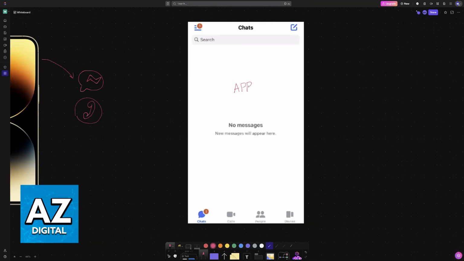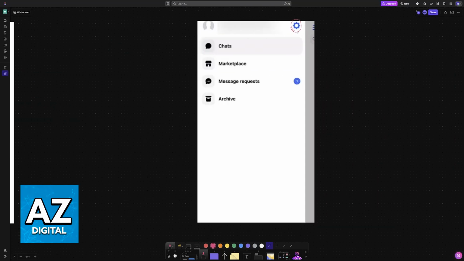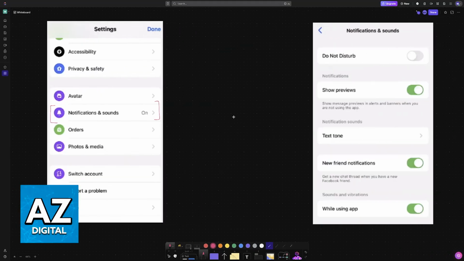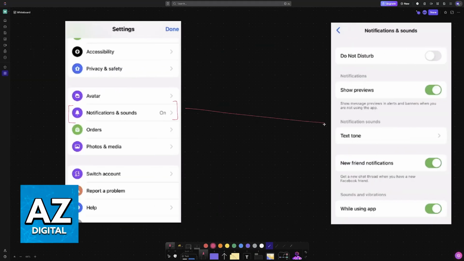and you head into the settings on any iPhone device by tapping this icon at the top left and then the settings once more, you will find notifications and sounds. Now, on any iPhone model, you will only be able to change the text tone. For whatever reason, through the app itself, you will not be able to customize the ringtone whenever you receive a call. Don't worry, I'm still going to show you a method to do this.